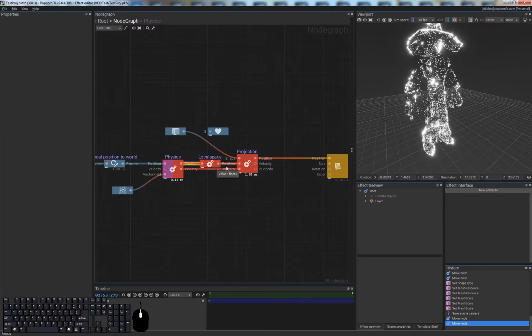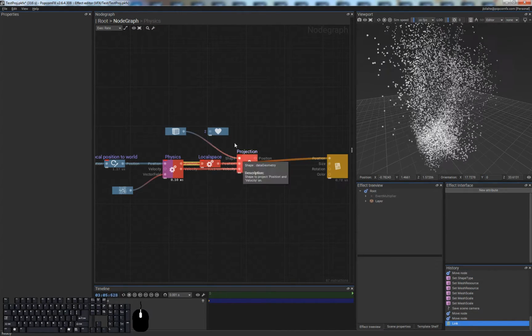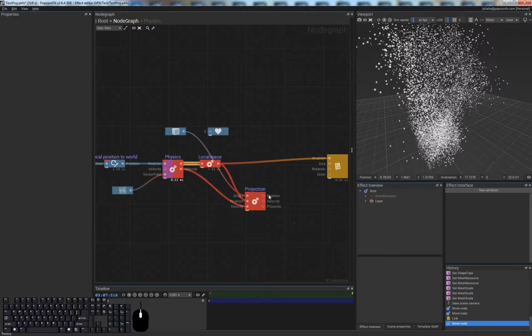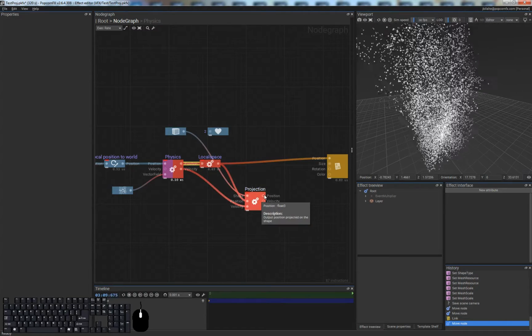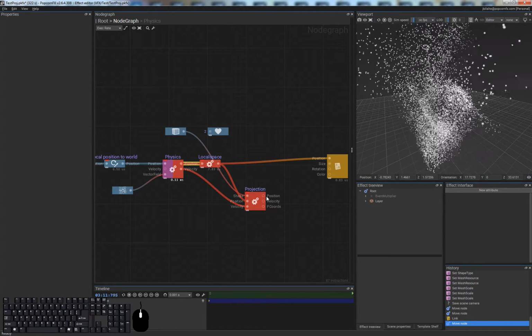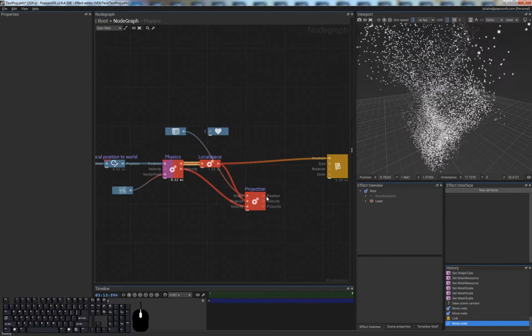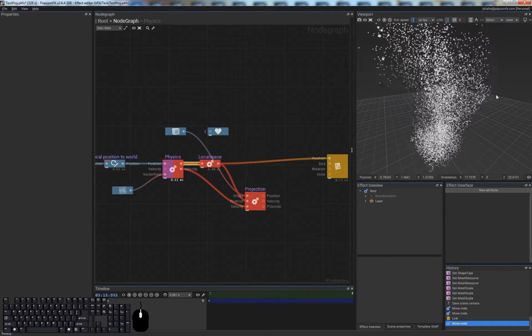So the problem here is that the position that's stored at the end of a frame and reloaded on the next frame is not the projected position at all. It's actually just this position here. So the projection here behaves as an instant projection. Every frame, it takes these world space positions